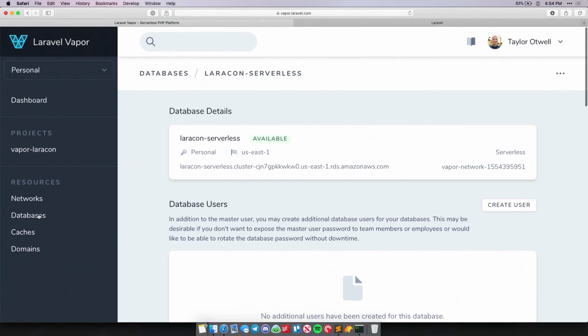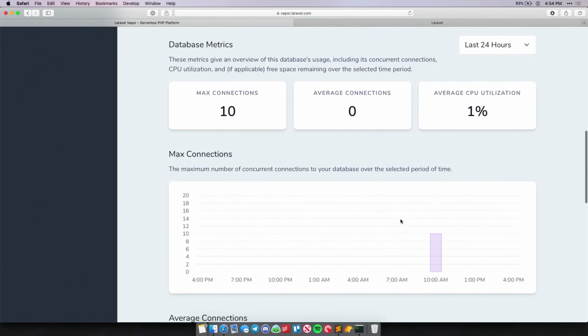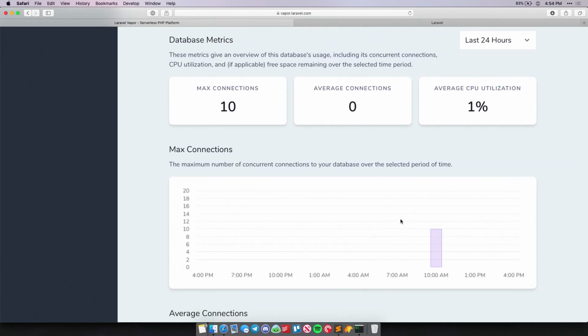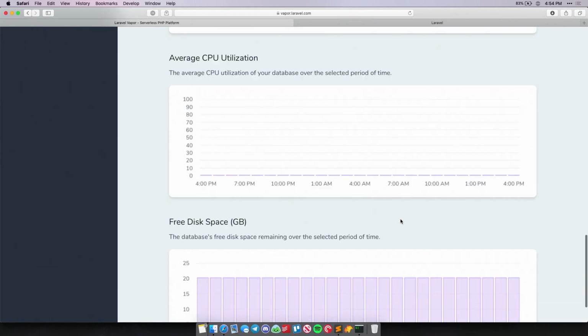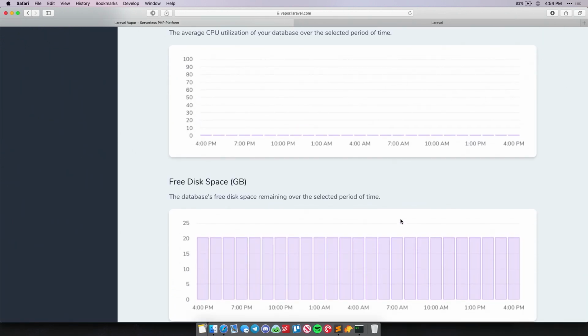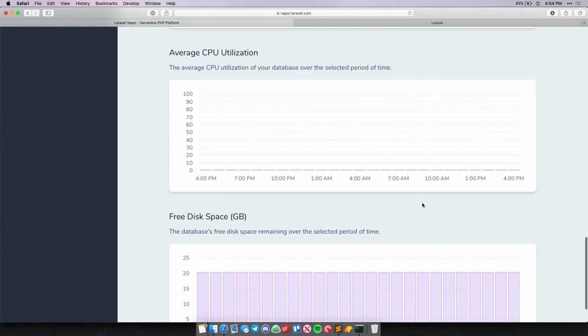So let's go through our database that we attached to our application. If I scroll down here, you can see I get my max connections over the last 24 hours, my average connections, and my average CPU utilization over the last 24 hours. This database is not being used very heavily, so my free disk space is pretty constant, and I'm hardly using any CPU at all.